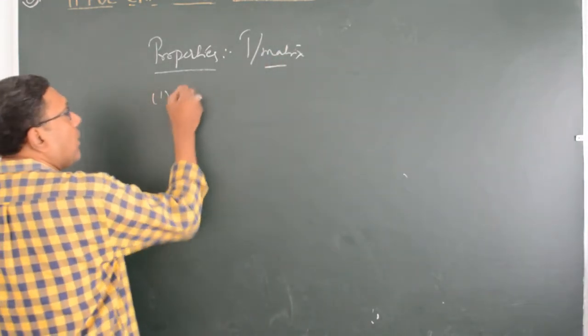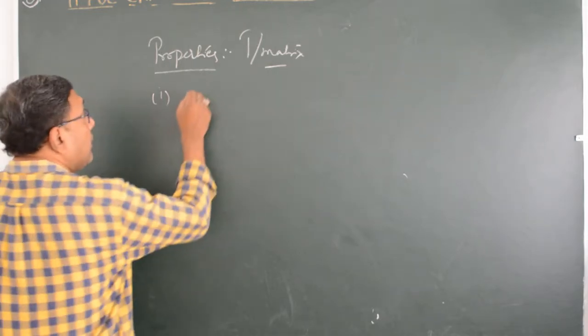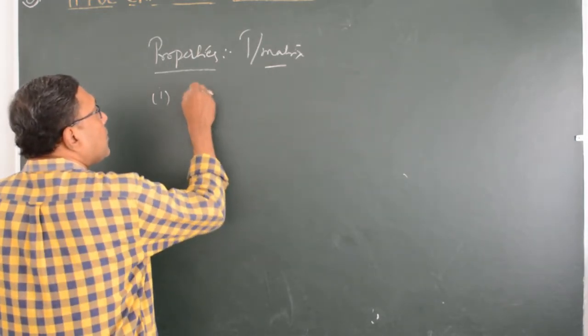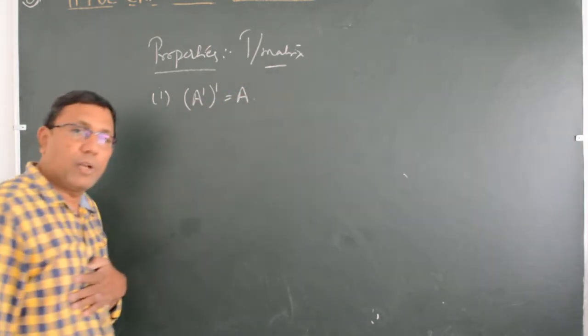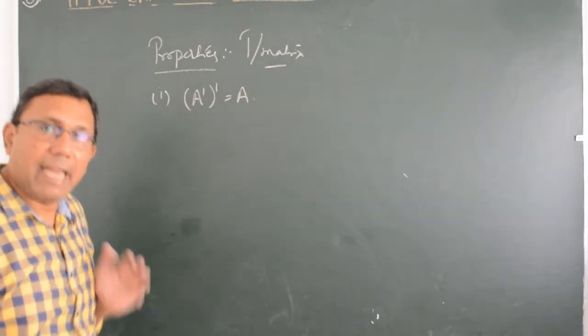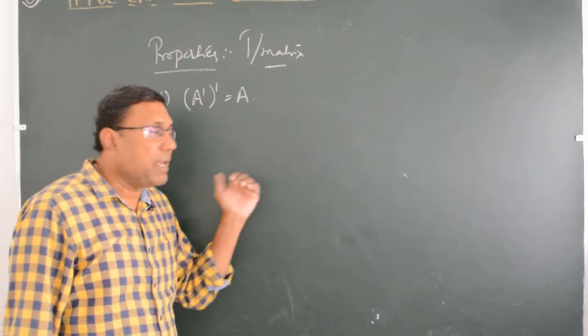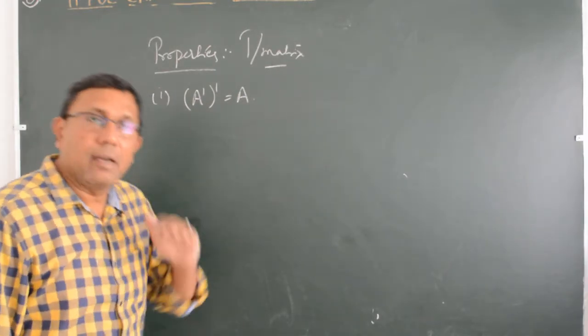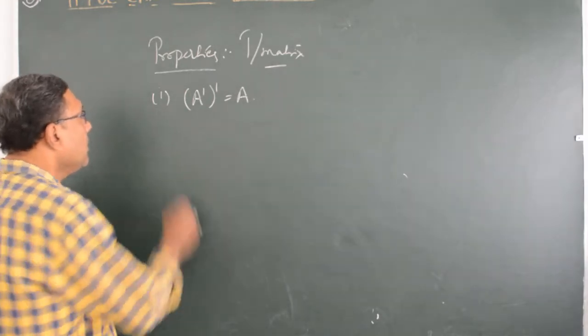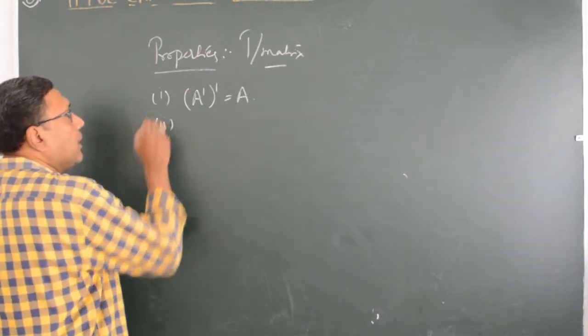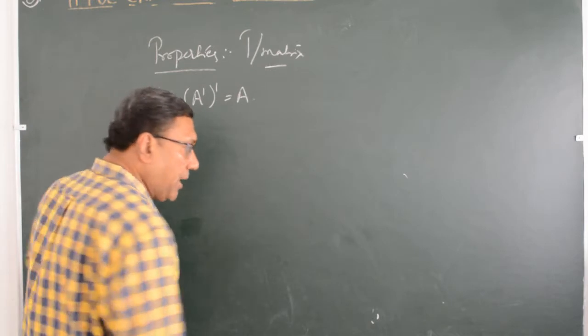The first is, if you transpose the transpose matrix, you get the original matrix, which is A itself. What does it mean? You have a matrix A, transpose it, and transpose it again, then you get the original matrix only. And the second property is,